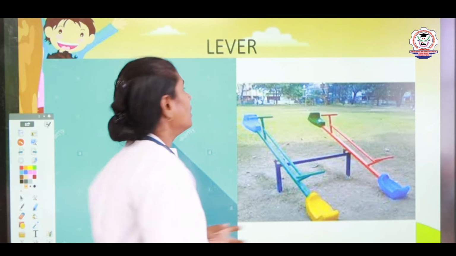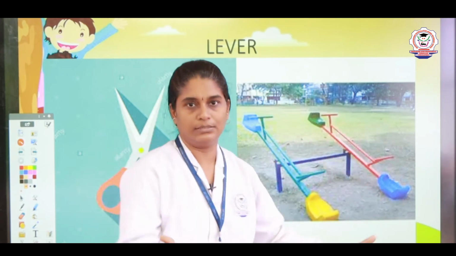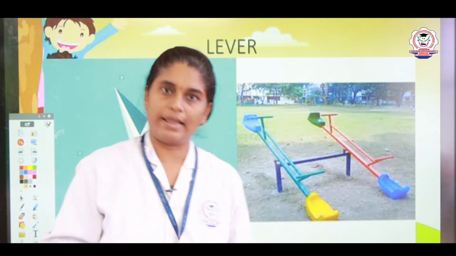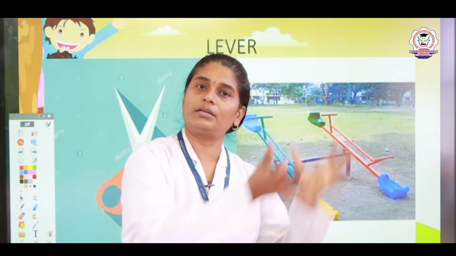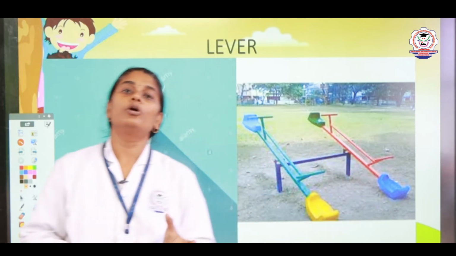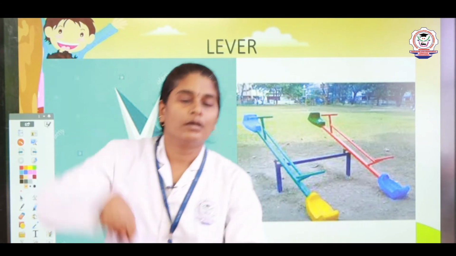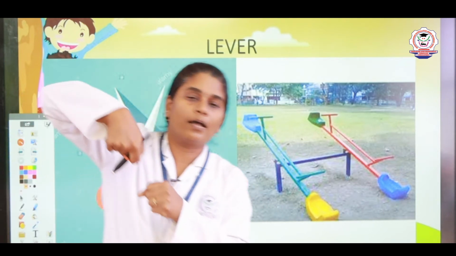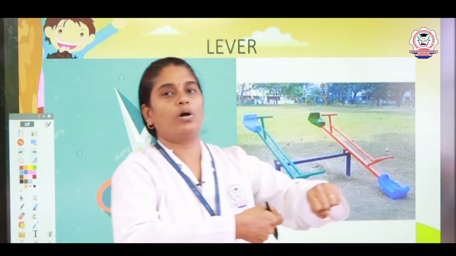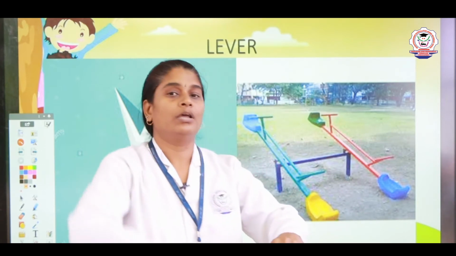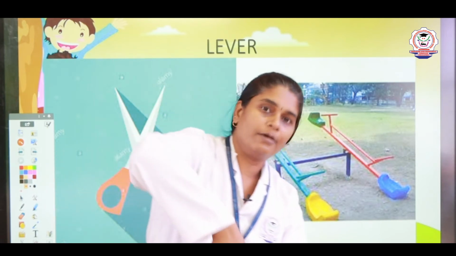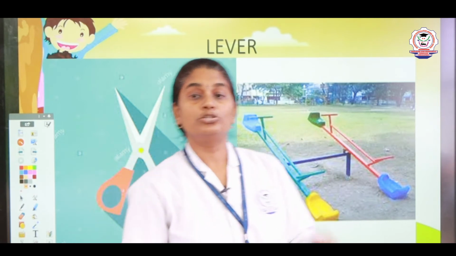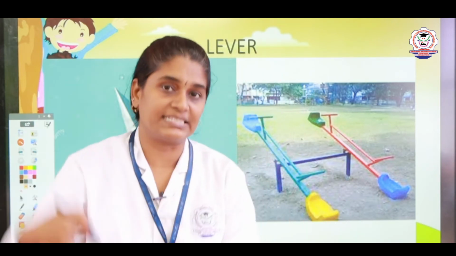For example, if you have a big boulder, boulder is nothing but a big rock, okay. You cannot lift it, right. So how will you move that big rock? There you will use a rod, an iron rod, a metal rod. You will push at the bottom of the rock and give an effort against the load and push the rock, right. Here this rod is acting as a lever.